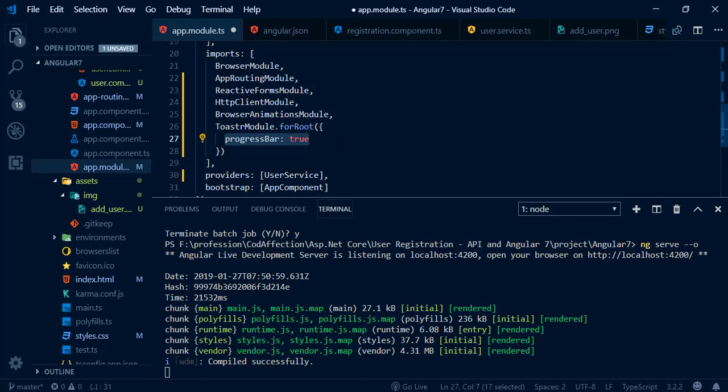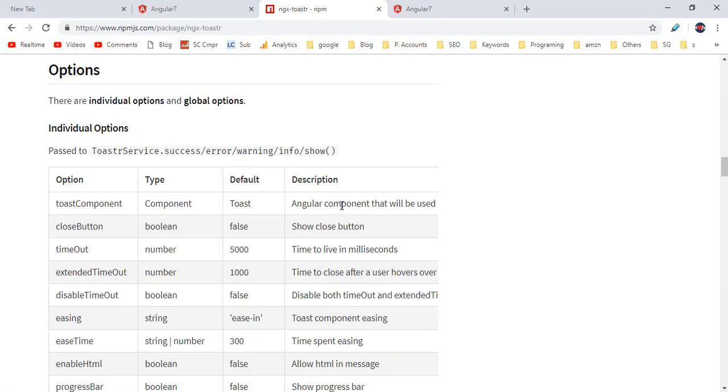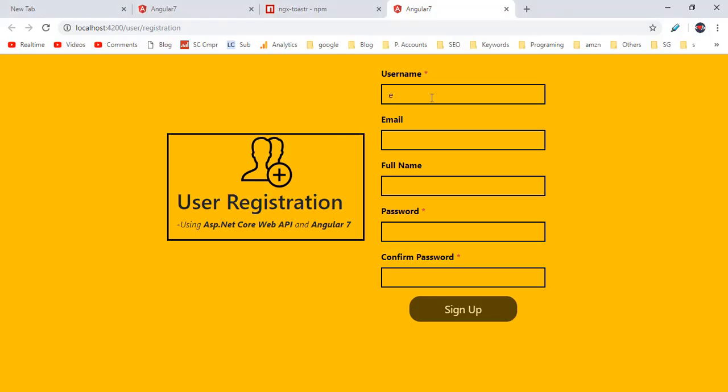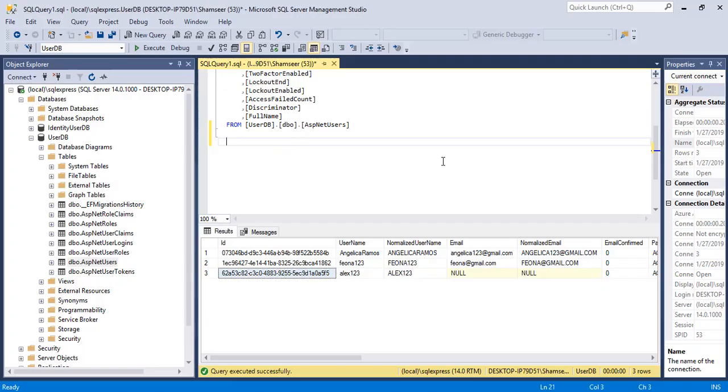If you want to customize this notification further, you have the package documentation here. Let me save this modification and go back to this project. Let me insert a new user, Emma123. The password will be 1234, 1234. Submit the form. So here we have the progress bar, and we have inserted the corresponding user into the